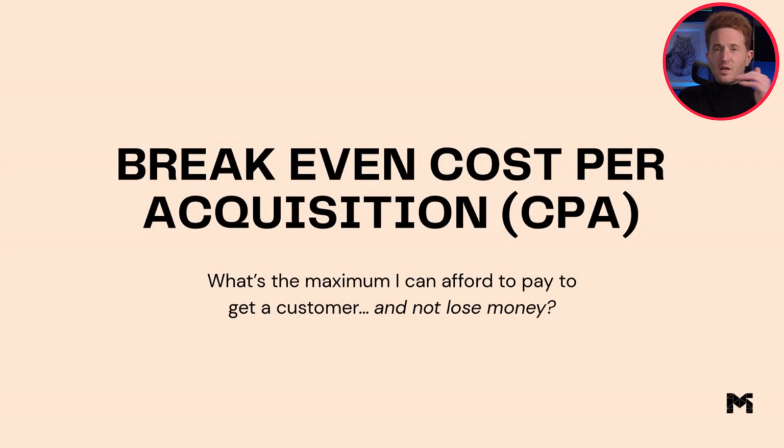So let's talk about break-even CPA. CPA stands for cost per acquisition. Some people write it or talk about it as CPC, cost per conversion, but we don't do that because that sounds like cost per click. It's too confusing. So we say CPA, cost per acquisition. Now, an acquisition doesn't necessarily mean a sale, right? So this is where people often get a little bit confused. An acquisition is any action that is meaningful that you're tracking.